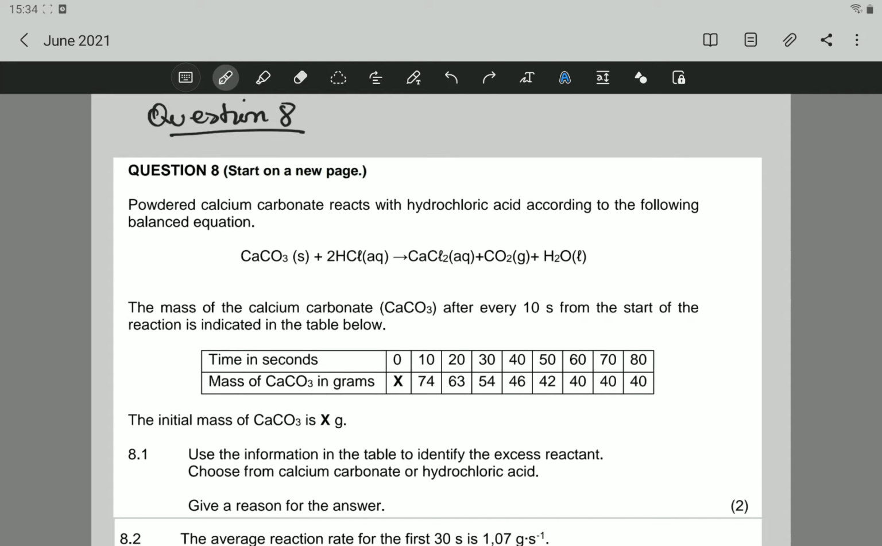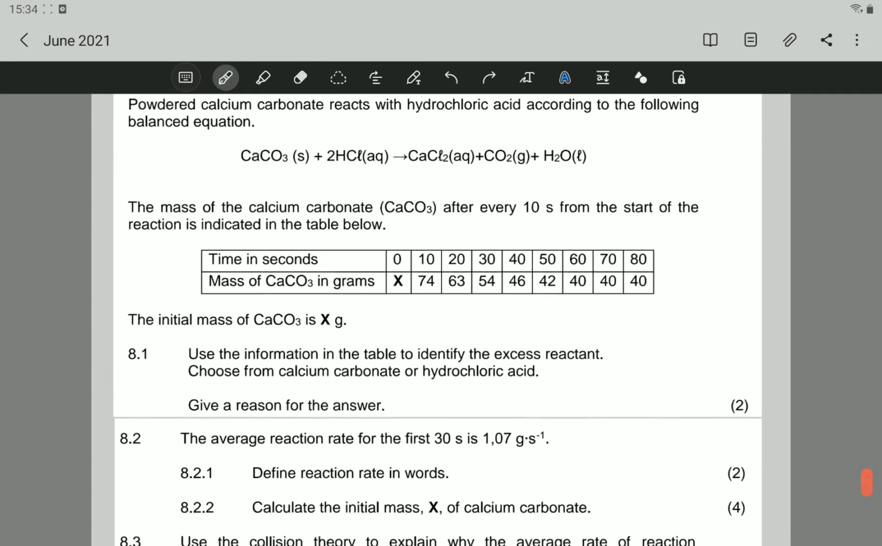Now, question 8. Last time we did question 7. We're going to go to question 8. Question 8 is about rate of reactions. Question 8 states how the calcium carbonate reacts with hydrochloric acid according to the following balanced equation. And you have the balanced equation for the reaction between calcium carbonate and hydrochloric acid. The mass of the calcium carbonate, CaCO3, after every 10 seconds from the start of the reaction is indicated in